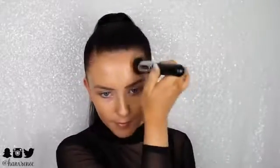As you can see, it's got a really beautiful dewy finish as well, so it looks lovely on normal to dry skin. And then I'm just going to take a darker stick. I think this is Y445, but I'll leave the shades down below. And I'm just going to use this to cream bronze, so I'm basically warming up the skin a little. I feel like doing this enhances bronzer and it makes it all last a lot longer as well, so I'm just popping some where my cheekbones are and then also on my temples and around the jawline,